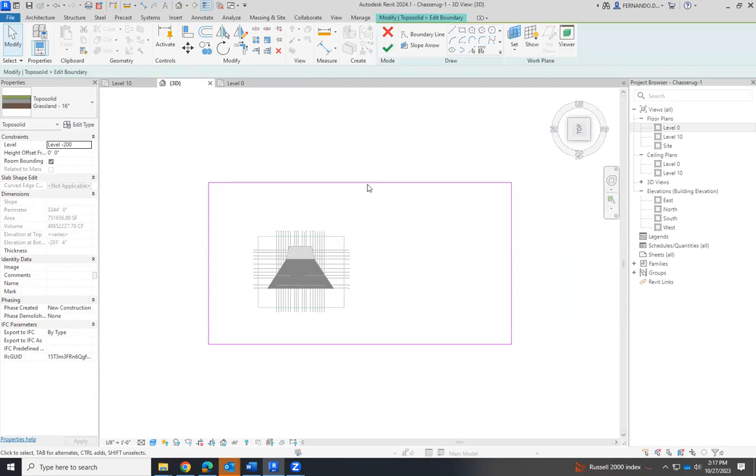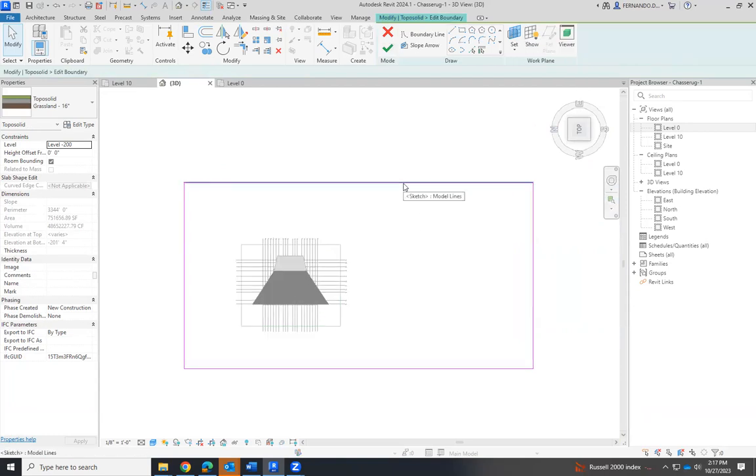Okay, so by editing the sketch, those are straight lines. I'm going to use splines.